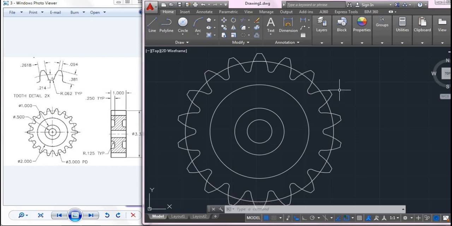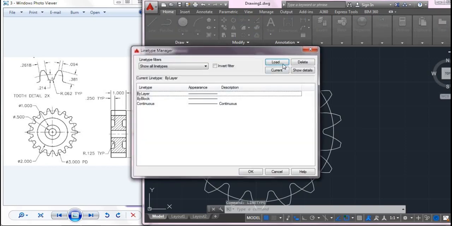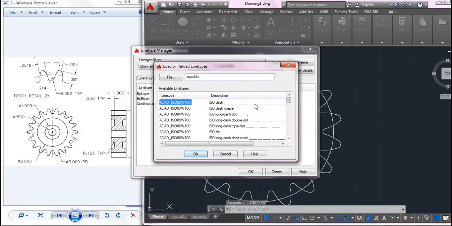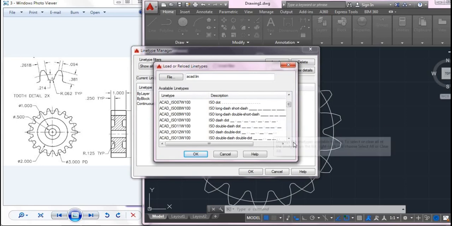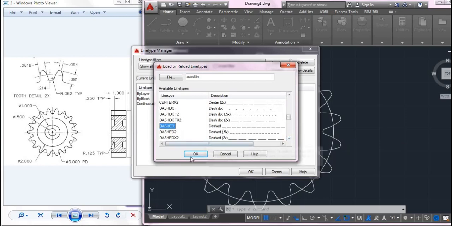In order to do that, you can go for line type and change your line type. You go for line type, and I'll load a line type, say dashed lines. Say this one.